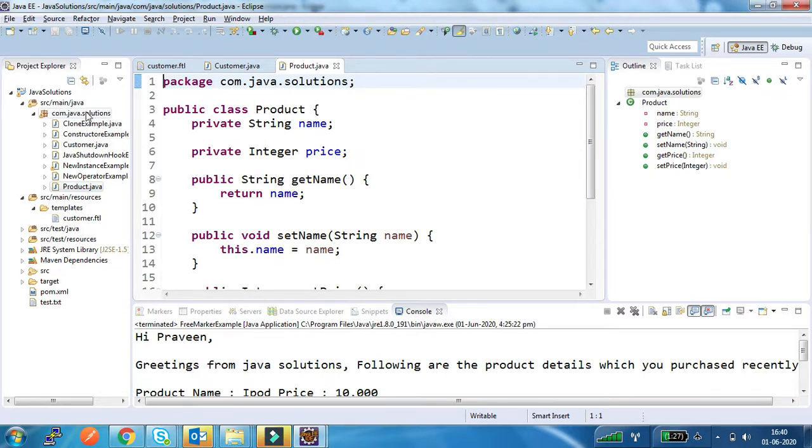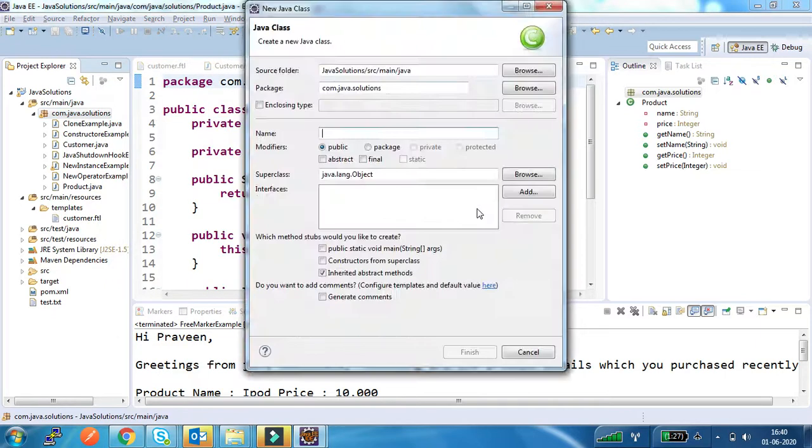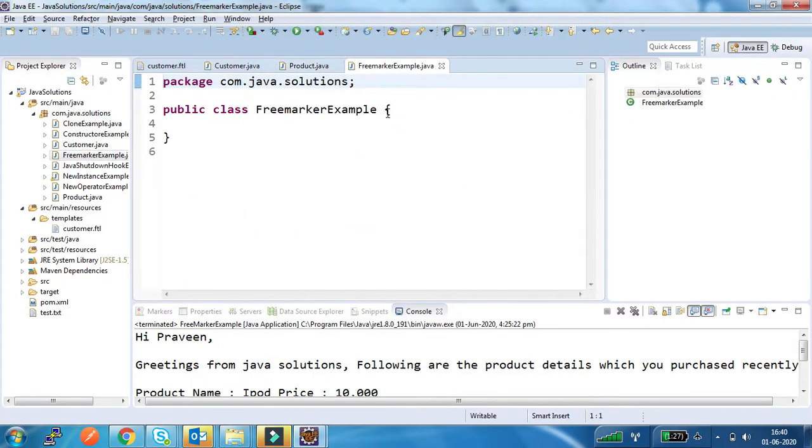Now I am going to create one class which will process the template and generate the output. I am giving the name of the class as FreeMarkerExample. Inside this, first I am creating one static method which will generate the input for that FreeMarker template.